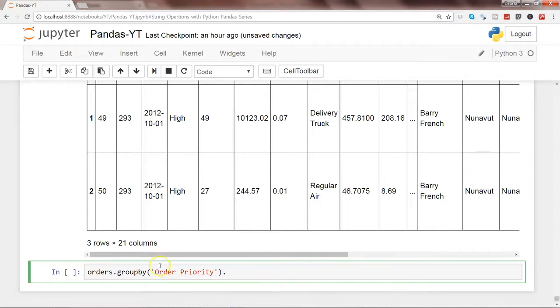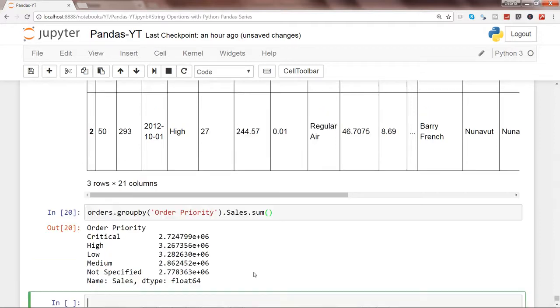Order priority is the dimension, or the categorical field, on which we want to group by, and then the measure, let's say sales. Then we need to specify the aggregation operation, because group by aggregates the values based on the dimension value that you are specifying. So let's go ahead and use a simple sum and enter.